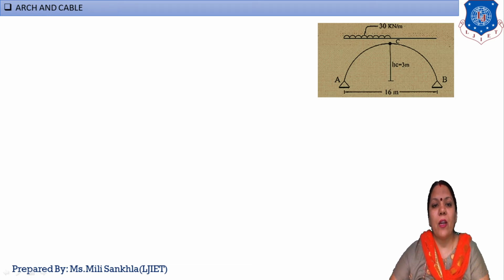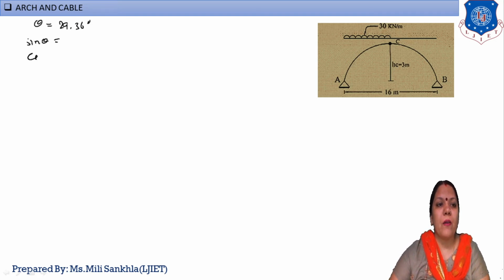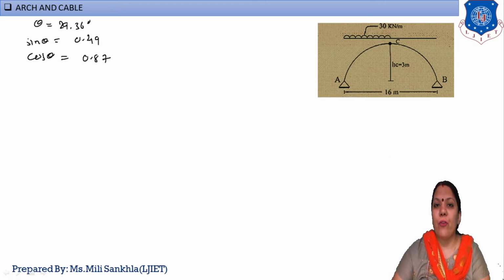Okay, here we get value of theta, finally we find out sin theta, cos theta. First of all mention theta. Theta is equal to 29.36 degree. Now find out sin theta and find out cos theta. Sin theta is equal to 0.49 and cos theta is equal to 0.87. Now one by one we find out the value of radial shear. First of all find out radial shear. Okay, and this radial shear at x is equal to 2 meter from this left hand side.